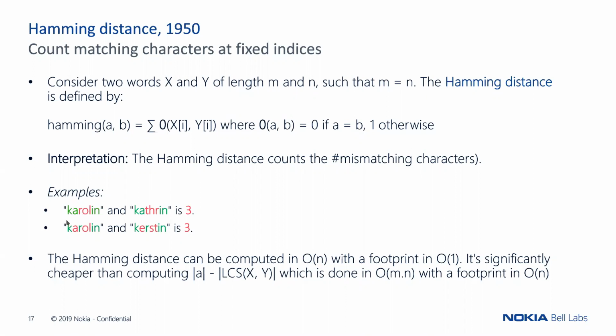So a few examples. If you compare Caroline and Catherine, you can see that the number of mismatching characters, the red ones, is 3, and the subsequence is the green one. So it's better than a subsequence because here you want to preserve the position of the character. So K must be at the same position in both strings. A must be at the same position in both strings. I, same, N, same. Otherwise, it doesn't work. So you look index by index whether the characters are matching. So K is matching K, it's green. A is matching A, it's green. R is not matching T, that's why they are red.